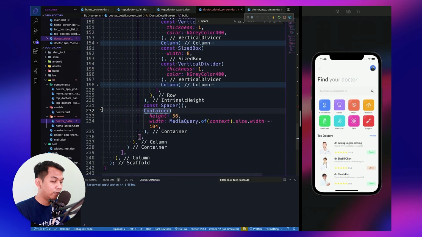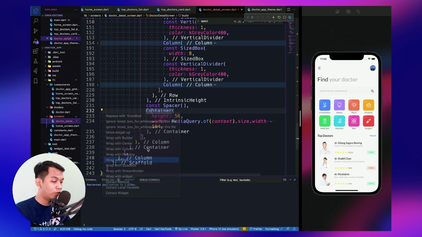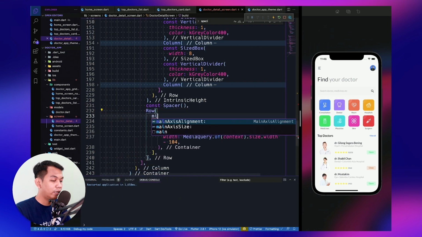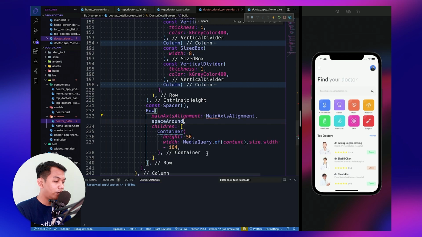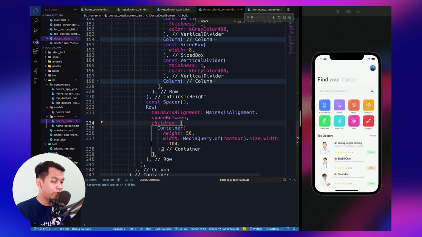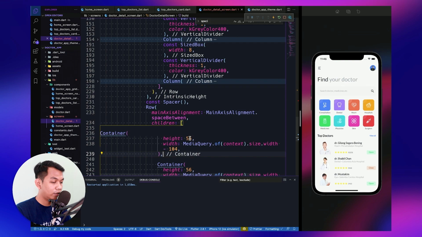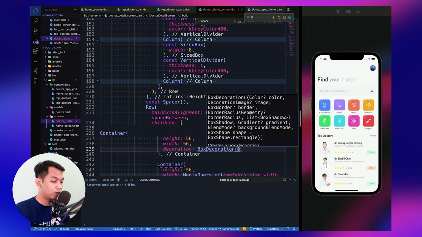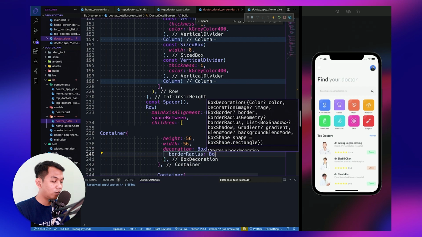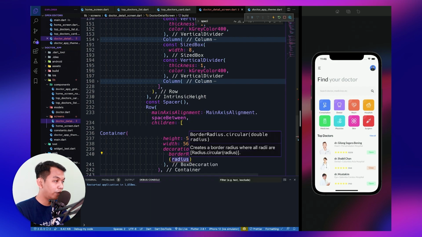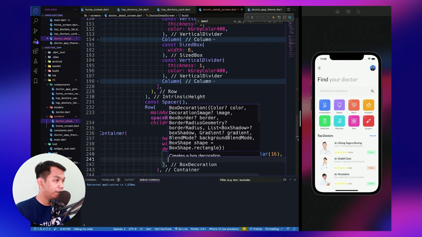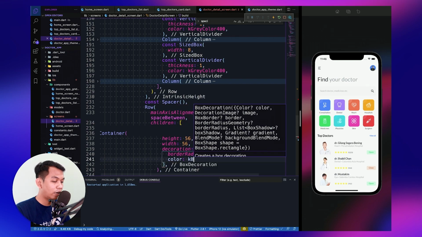Okay, but this container is for our make appointment button. So we say we need to wrap this to row widget, and we need to say space between, and I think we need to copy this, change the width to 56, and for the decoration, we use box decoration. For the radius, set it to circular. What's the value? 16. And for the color, we use blue color.